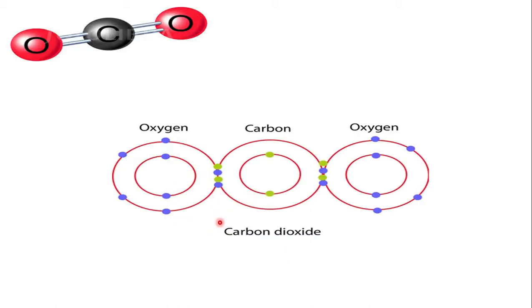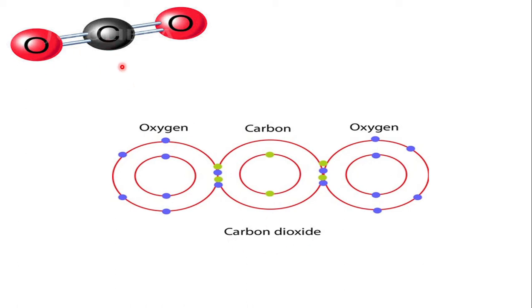Now another example, the carbon dioxide molecule. Carbon combines with 2 oxygen atoms, which results in the formation of CO2, right? So we have 4 electrons which are shared. Carbon shares 4 valence electrons with 1 oxygen atom here and another 4 valence electrons are shared with another oxygen here, and so it results in the formation of 2 double bonds. So see, a double bond with O, and on this side we have another double bond with O, right? So CO2 is the molecule which is formed. It is a molecule of a compound, carbon dioxide.